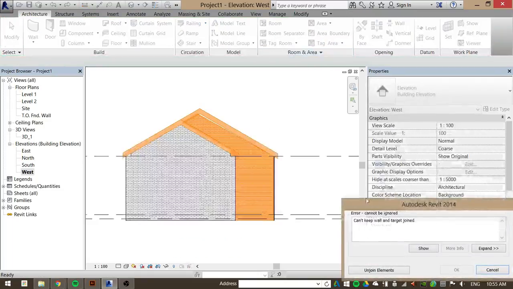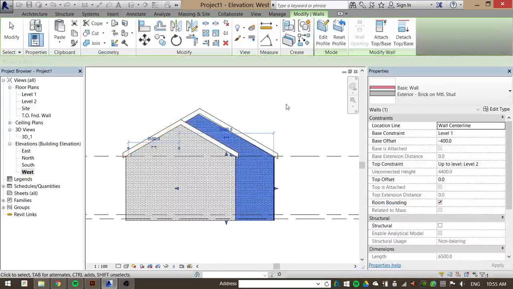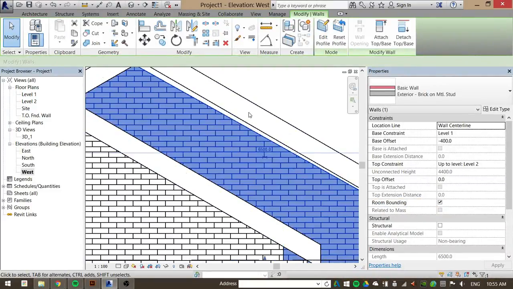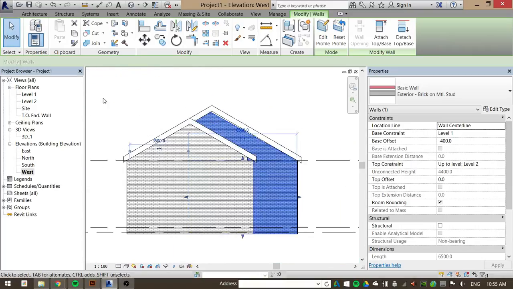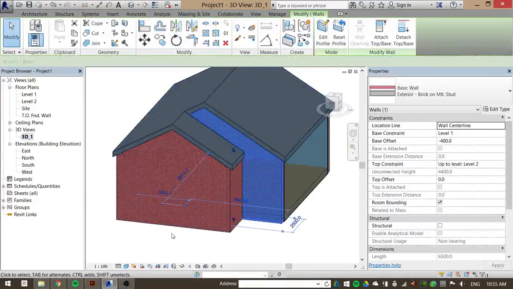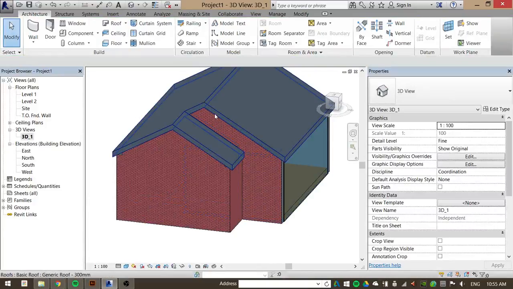So if we hit OK, those elements are now joined. It's still kind of sketchy. The wall's not exactly aligned with the roof. Can you do the attachment? No, with the profile cut, you can't attach. So you're left with that,